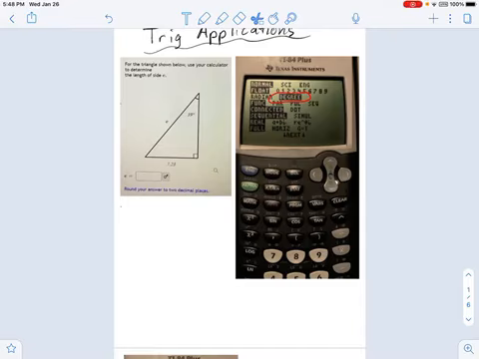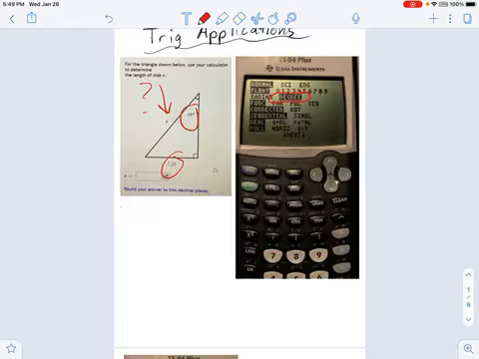Okay, so we're going to start getting into right triangle trig applications. Generally, you're always going to be given a triangle with some information in it. Typically you have a degree and a side, and it asks what that other side is. Like in this case, we have a degree right here, we have a side, and I want to know what E is. Okay, so that's typically how these look.